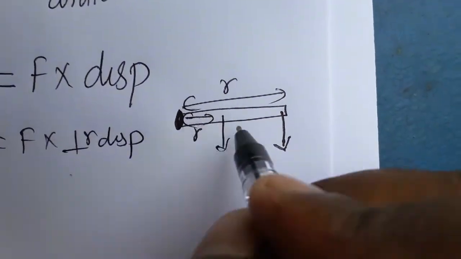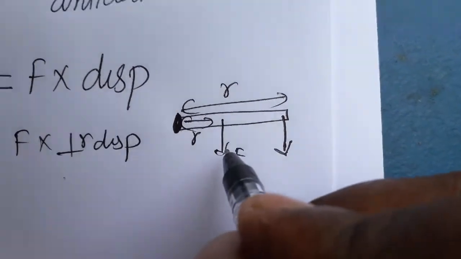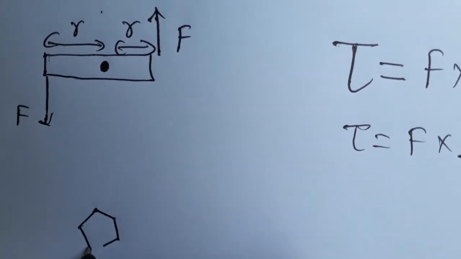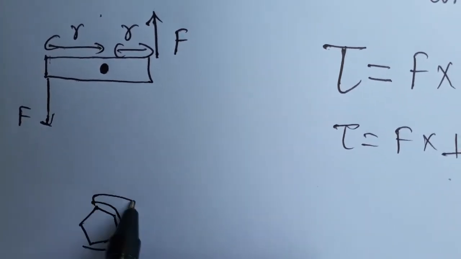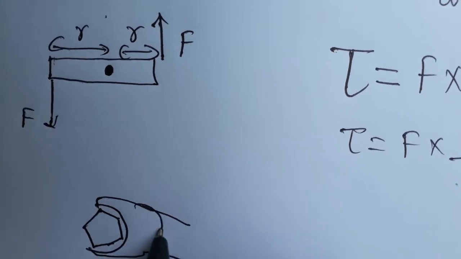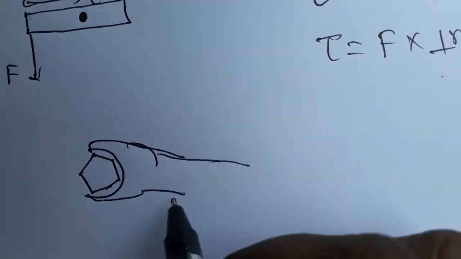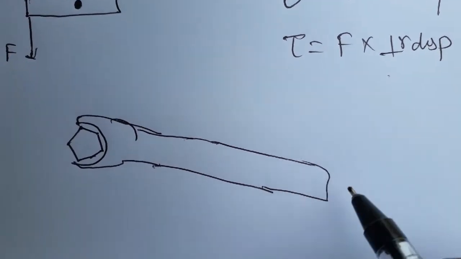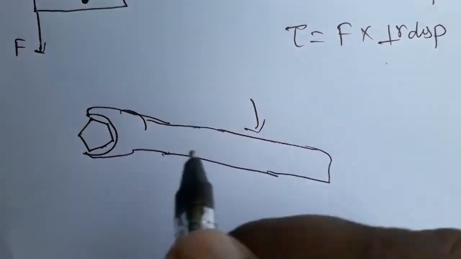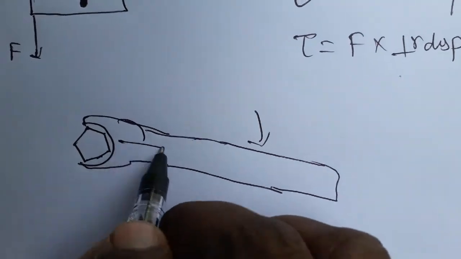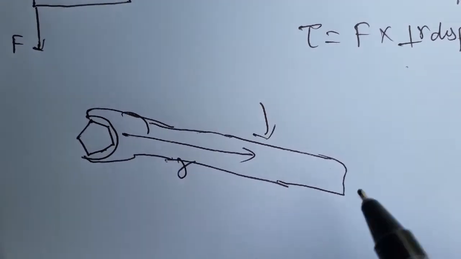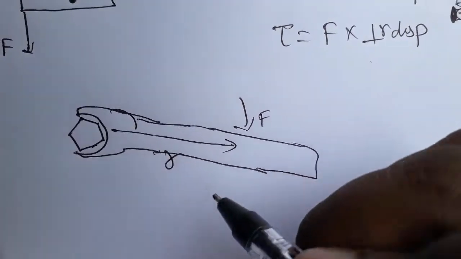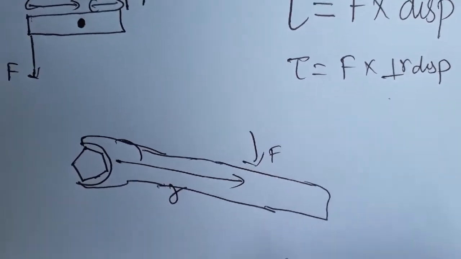When the distance is less, you need a lot of force. The same thing happens with a nut. When we use too small a spanner to open it, you need to apply a lot of force because the perpendicular distance is less. That is the reason lorry drivers use a long spanner to rotate the nut. They are increasing the radius, which means the force required is less. When the radius is less, you need a lot of force. That is the turning effect.